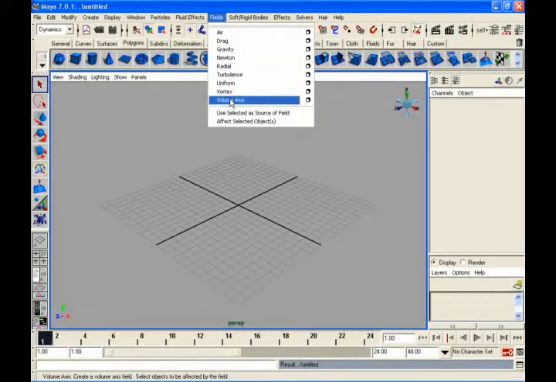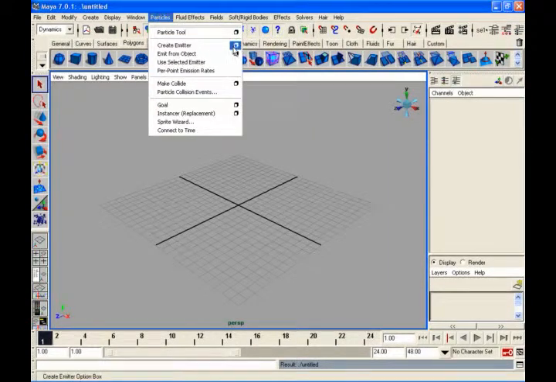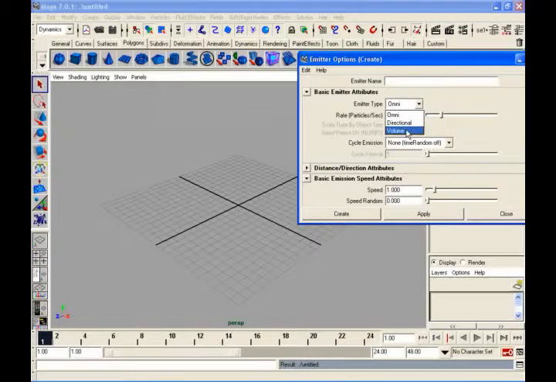Next, use selected source of field. This is a very important option to remember.